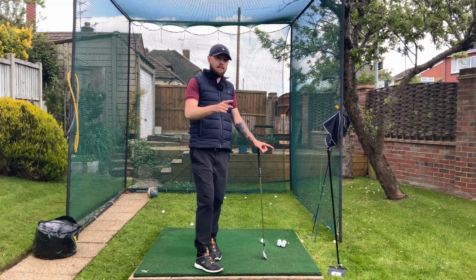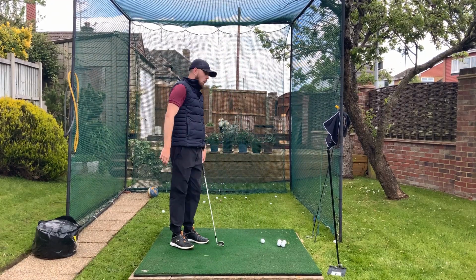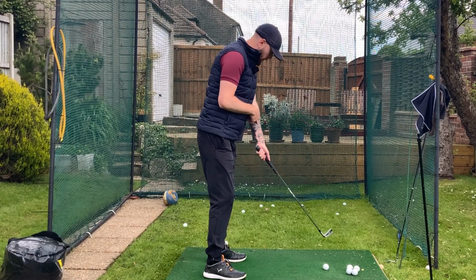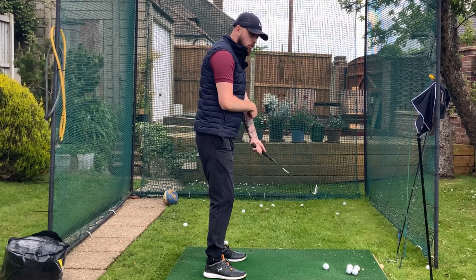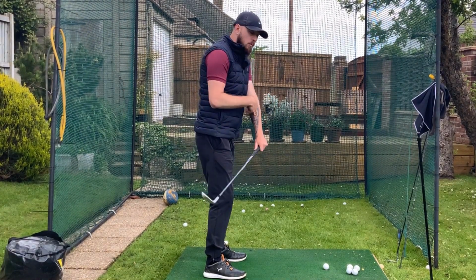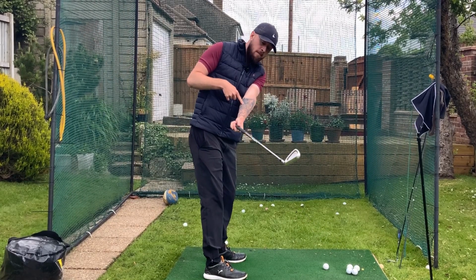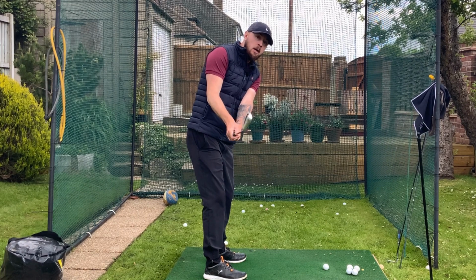So, the movement we want is more of a neutral forearm movement. So, what that is, that's a little bit less forearm rotation. So, like we said with the bad move, that's the underside of the forearm, the tiger head here and the tattoo rolling towards the ground. That gets all those horrible movements we just talked about. We want this tattoo here, my underside of my forearm, to start to point more up towards the sky. So if I did that,